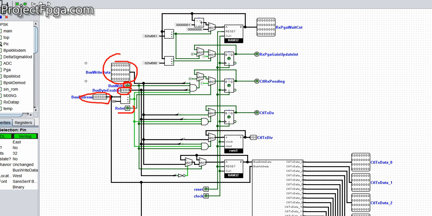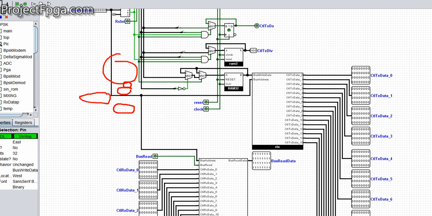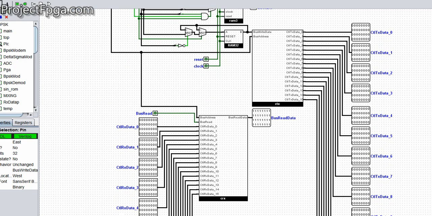This RX int stands for receive interrupt, so use it if you want to send an interrupt. Then, sorry, bus read data. This is more like an input from the BPSK modem. So when we are dealing with the top level, we are going to see how this particular subcircuit works in